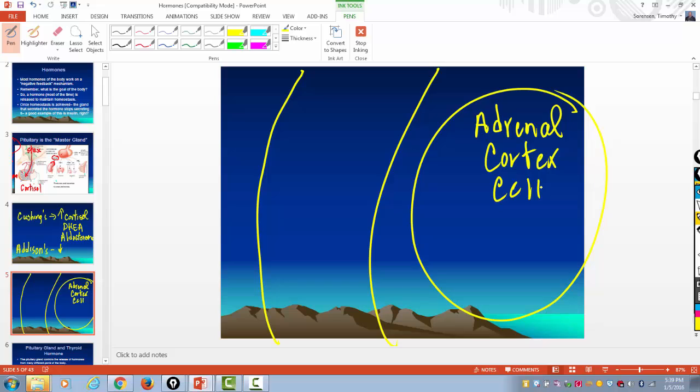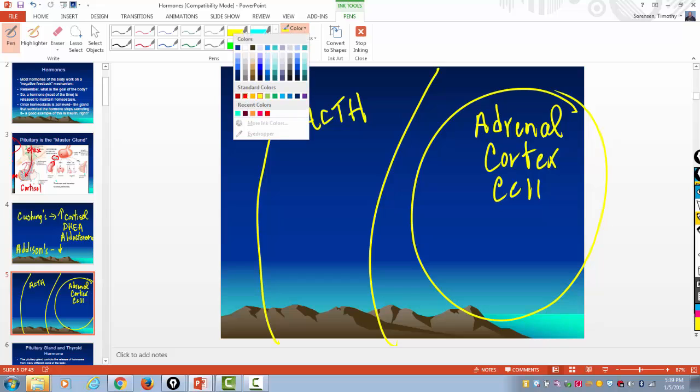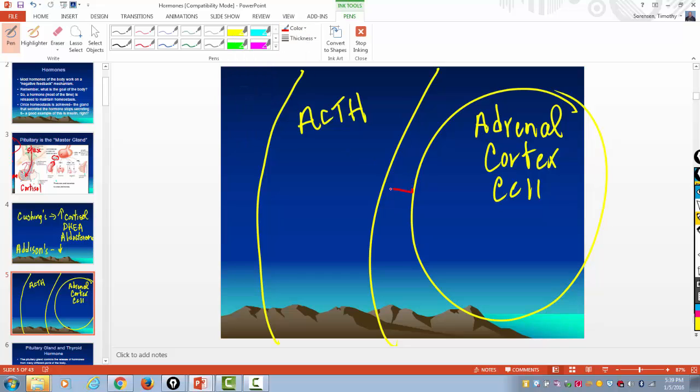And what's released by the anterior lobe of the pituitary? That's our buddy, ACTH. So ACTH is released by the anterior pituitary, gets dumped into the blood, and you're not going to believe this, but embedded in the cells of the adrenal cortex are ACTH receptors. And when ACTH binds to ACTH receptors on the adrenal cortex cell, it's going to cause the release